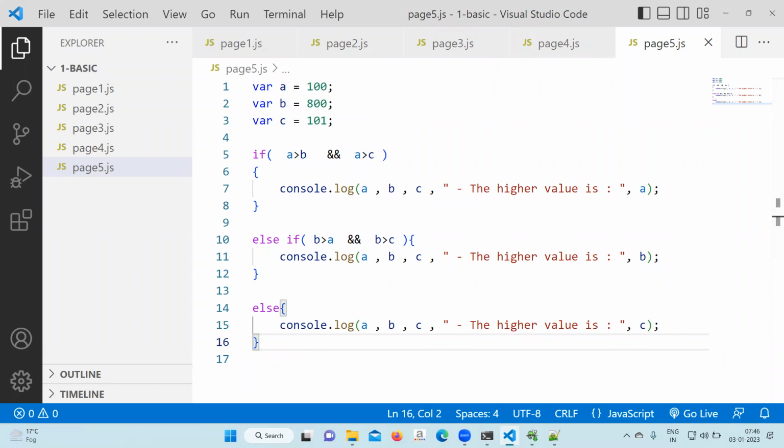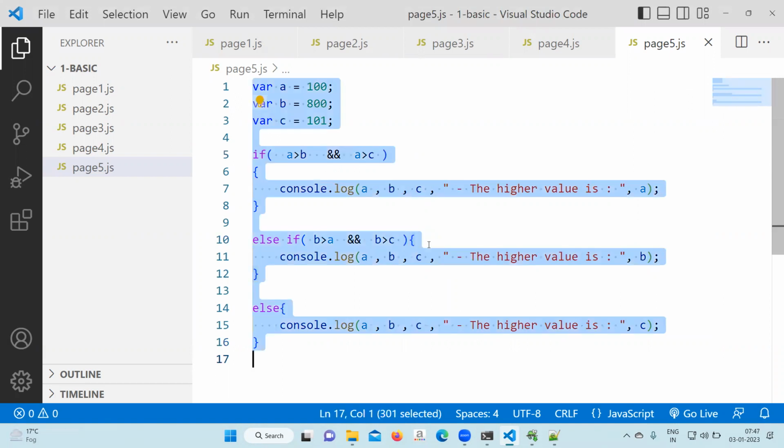The higher value is 800. Okay, next after this, we will work on another file. Different type of